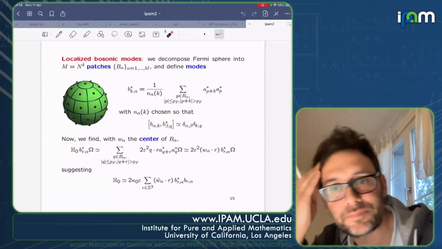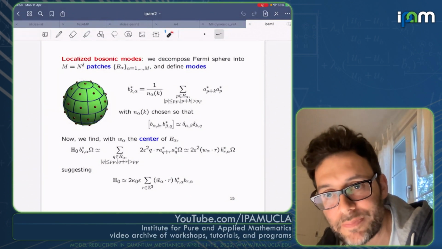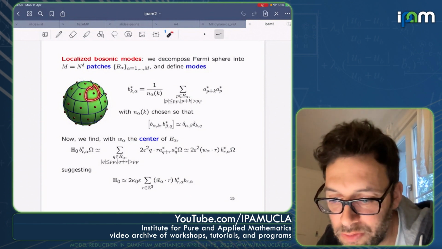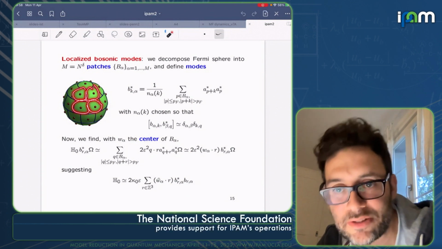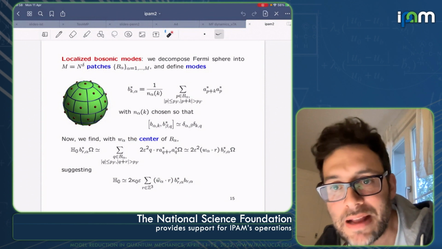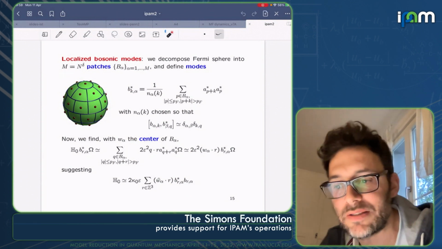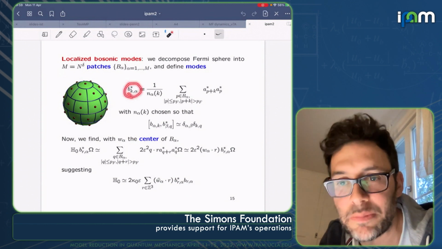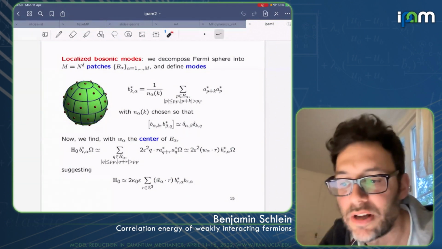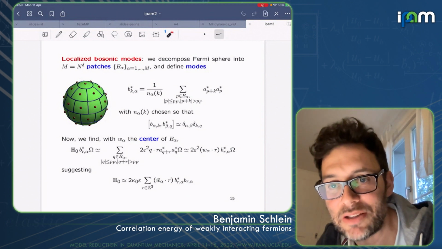That's our main idea. We do so by dividing the Fermi sea into patches. So you see, we localize. Well, first, we divide into patches. So the patches are sort of small, but also not too small. I'll come back in a second to that. Once you divide this sphere into M patches, then you can define new bosonic modes, which are now localized into these patches. We don't sum over the whole sphere. We only sum in the vicinity of some of these red points, which are the center of the patch.